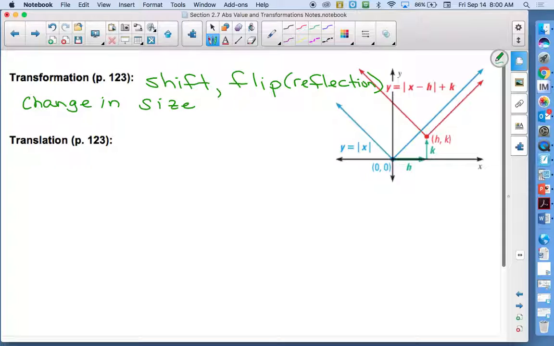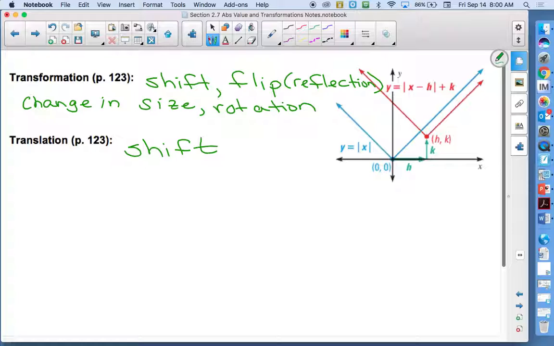Anything else? Rotate. You could rotate it, yeah. Those are good words. So all those are called transformations. How does a shape transform? How does a graph transform? A translation is just a specific type. And a translation,